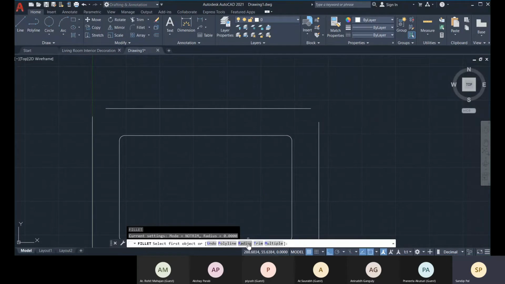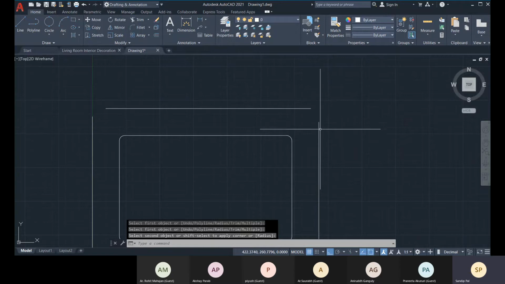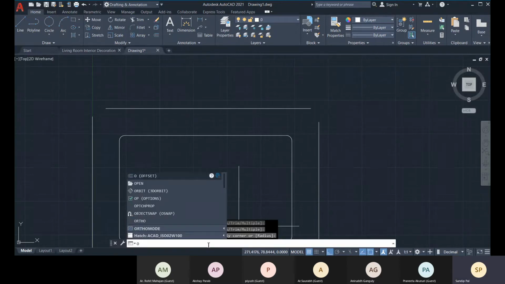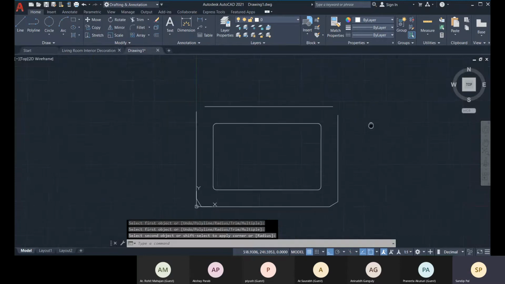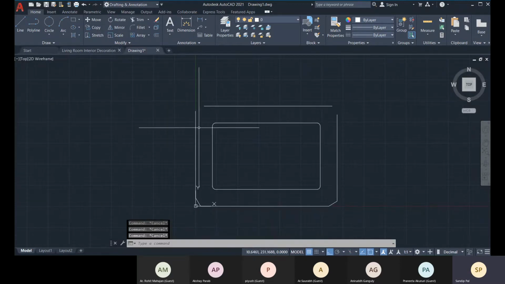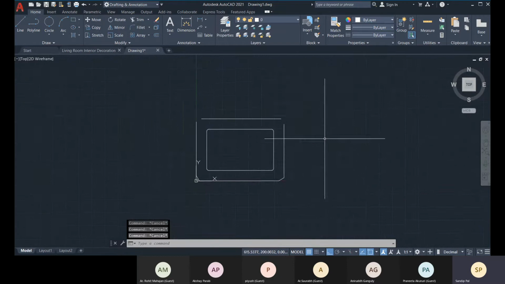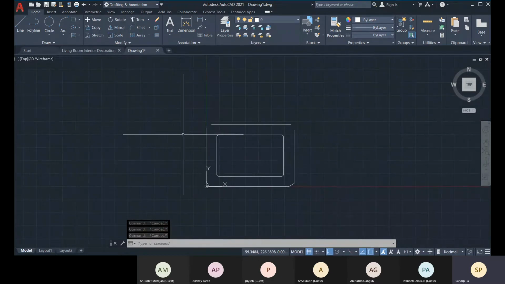Fillet radius, that should be done. Okay, so for now let's ignore it. There are some settings that might have been changed.